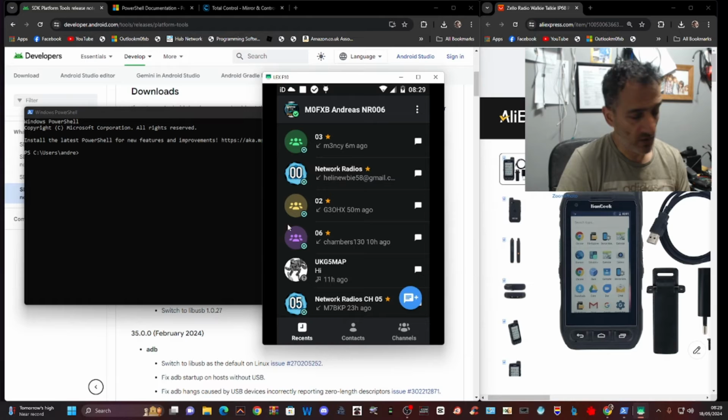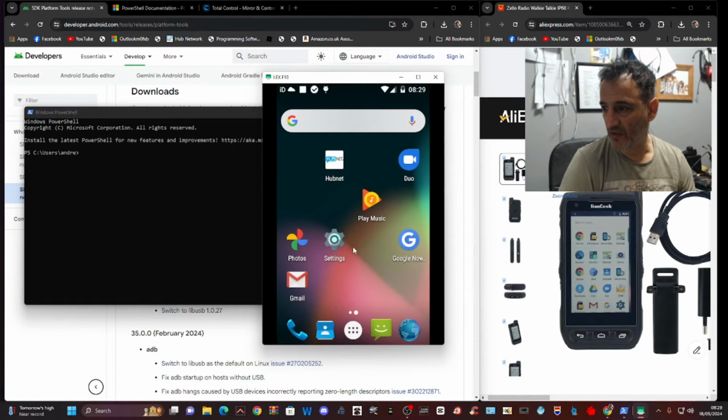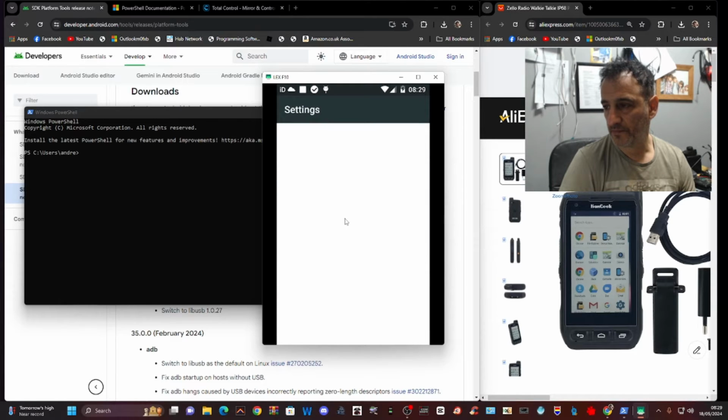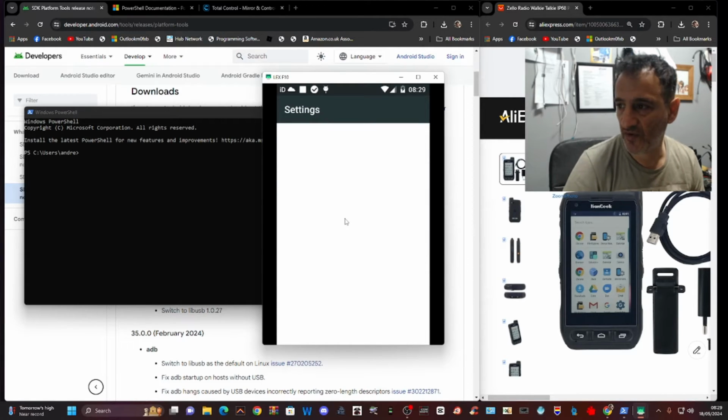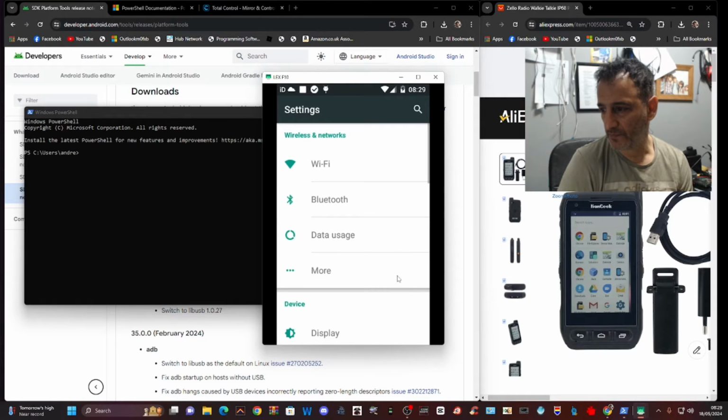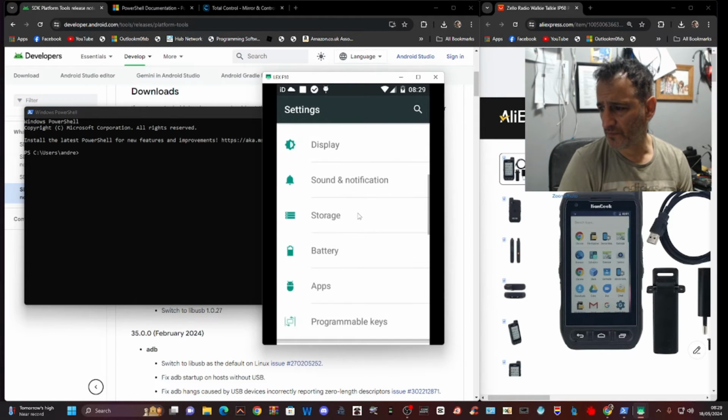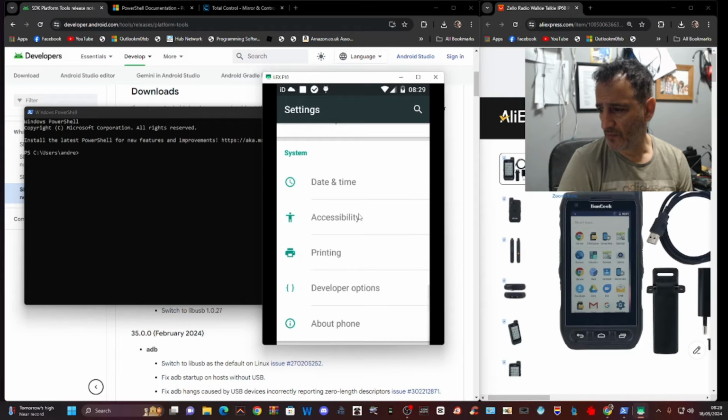So all we do is go escape, go back to our settings cog, double click your cog, and this goes for any Android device. Scroll down, see it says developer options. I've already got them enabled. To make this appear, click about phone,